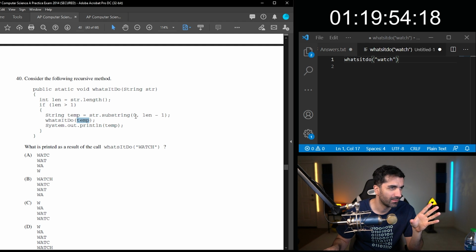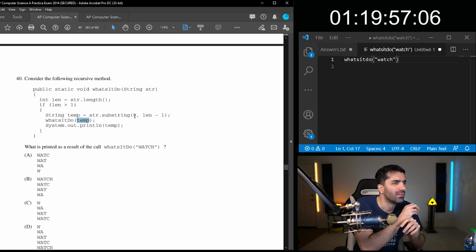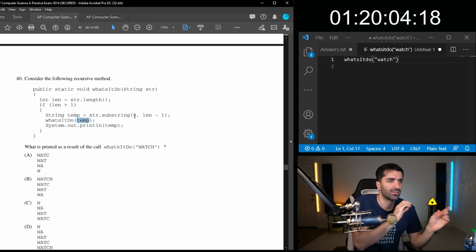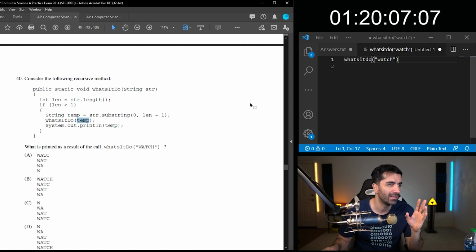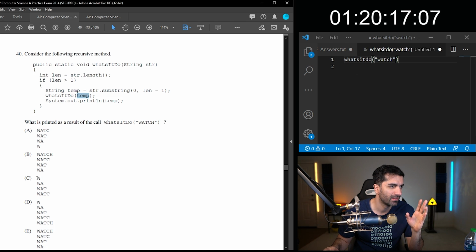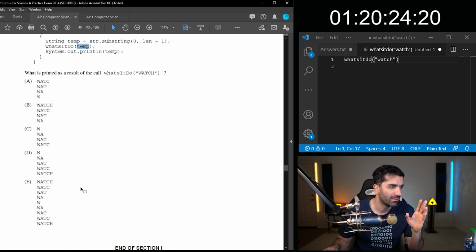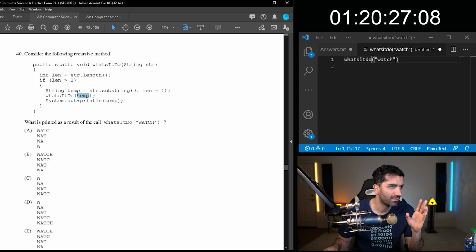Okay, it takes everything except the last letter. So it's going to be WATC. Then it's going to go into here, and I think it's going to print out W, then WA, then WATC, then WATC. And I don't know if it's going to print out that last letter.